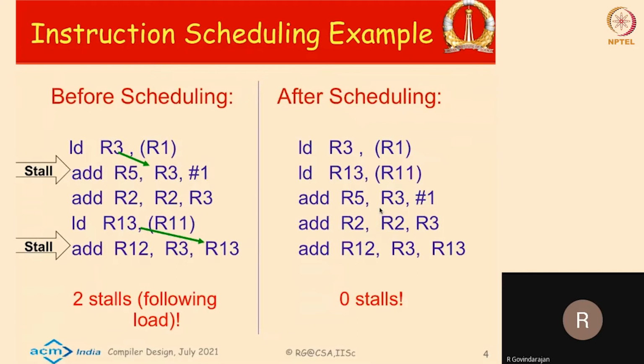But some reordering is possible if you do some register renaming. Remember that anti and output dependencies are false dependencies, and they happen only because you are reusing the same register name. Therefore, if you do register renaming and use some other register, then you can remove the anti-dependency or output dependency with regard to the other register. But of course, you still have to make sure that doesn't introduce a newer anti or output dependency. So as long as you can remove these dependencies by doing register renaming, and then you want to reorder your instructions,